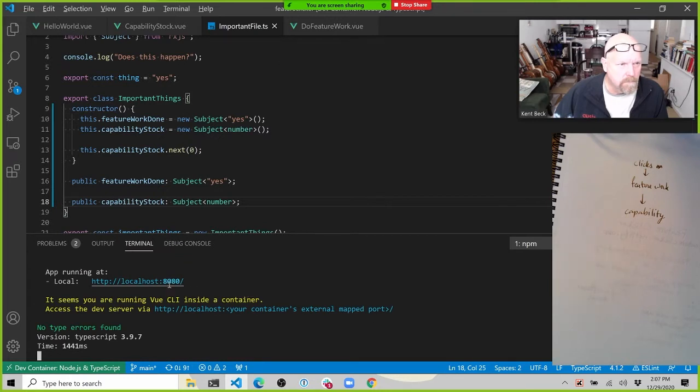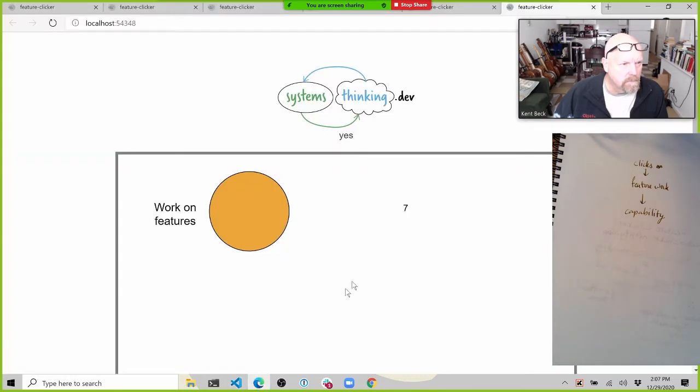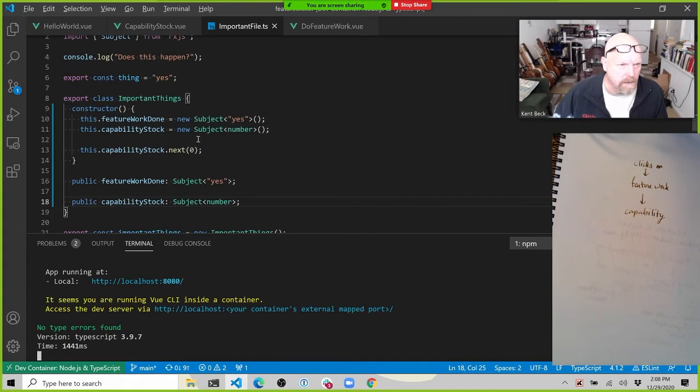Okay, let's see. We have to click it again because I restarted it, which puts it on a different port outside of the Docker container. Okay, we have a 7, which was no change, which is what we expected. That was in answer to my earlier question. We'd like to get a 0. So what we do, hypothetically,